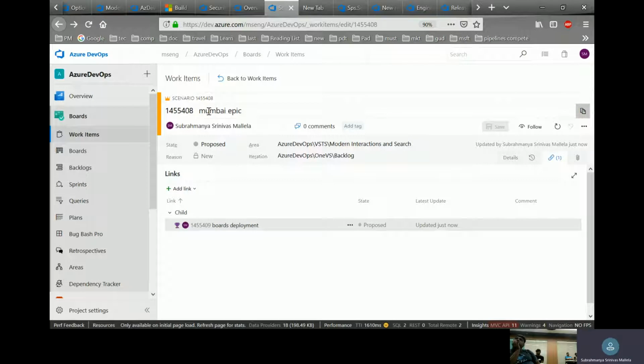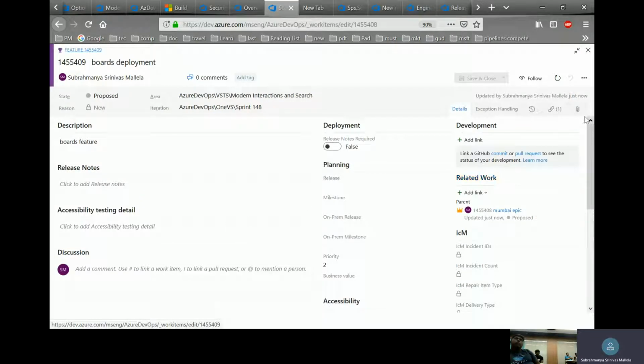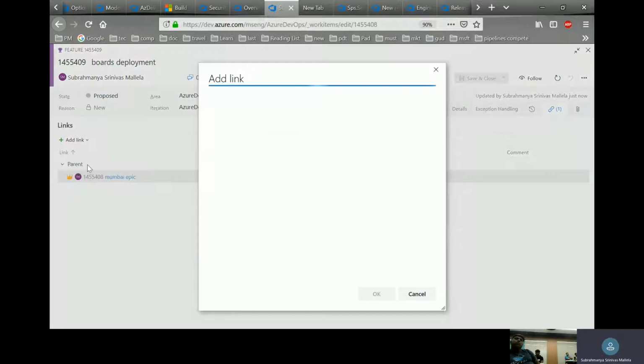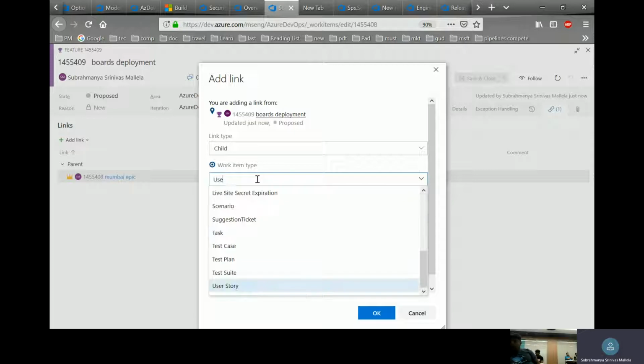So when you see this big epic, you can actually see a child. When you open that backlog view, you'll see that entire tree node. Now you can go to the boards deployment and do the same. You can go here, you can add a link, you can add a new item, or you can attach it to an existing item. In this case, a user story